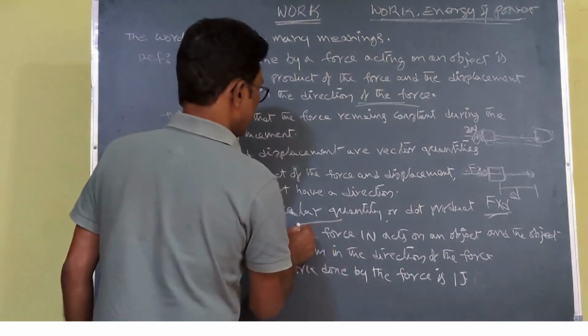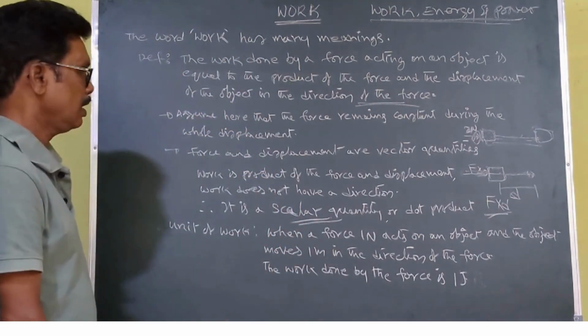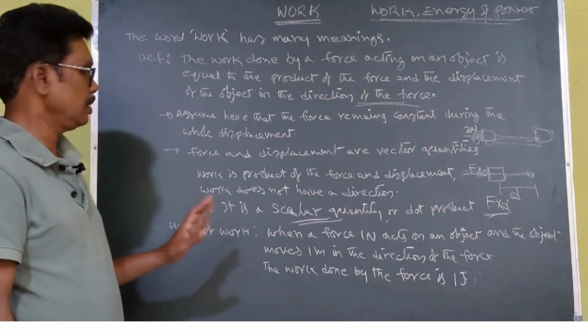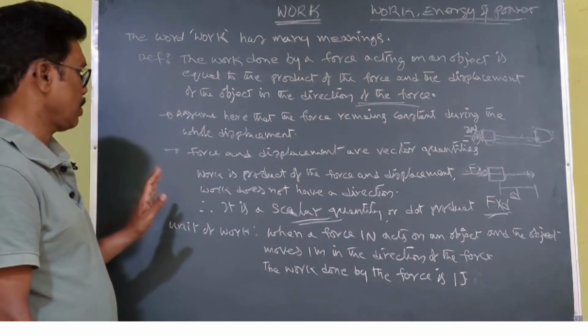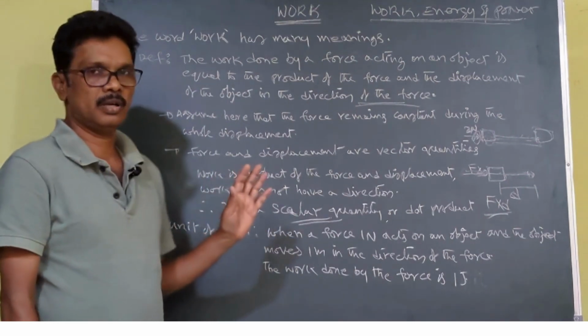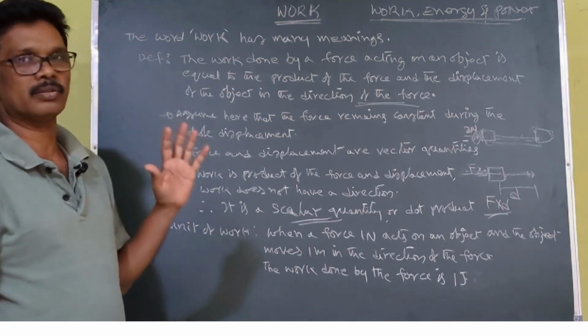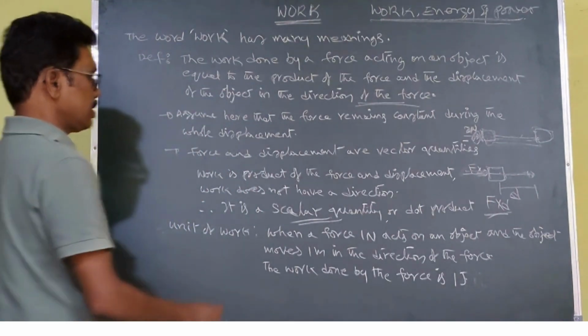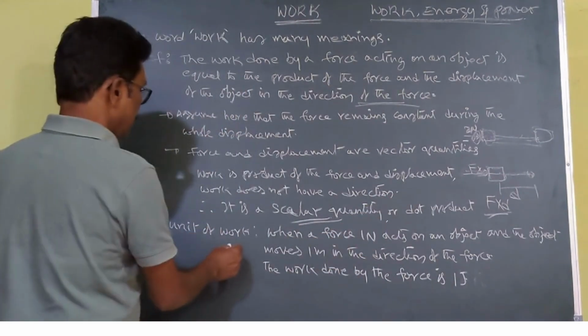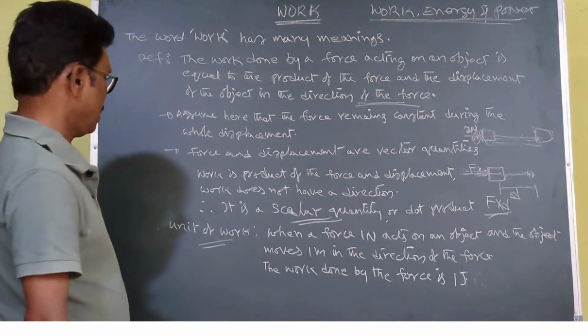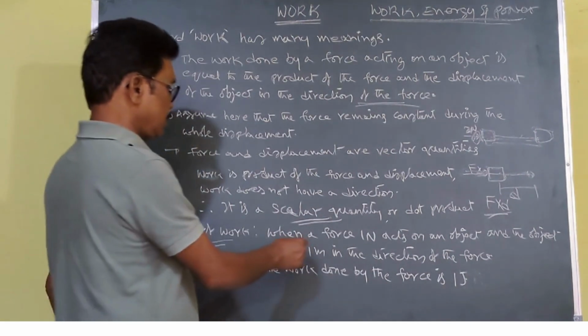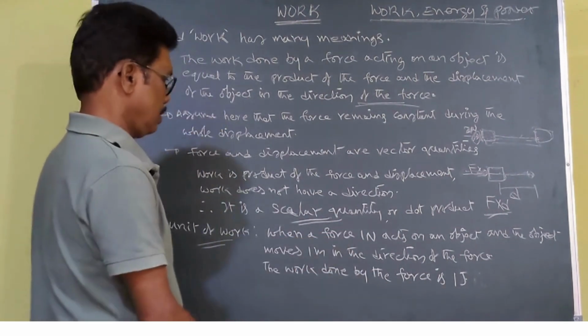That you have to remember. Work done is a scalar quantity. It is not a vector quantity because work done does not have any direction. It doesn't have direction. That's why it is a scalar quantity. Please understand. Next, coming to the units of work done, we know that when a force of 1 Newton acts on